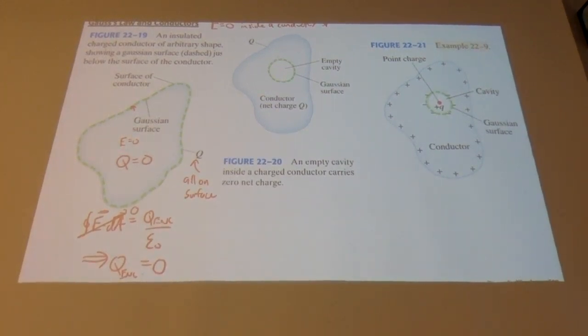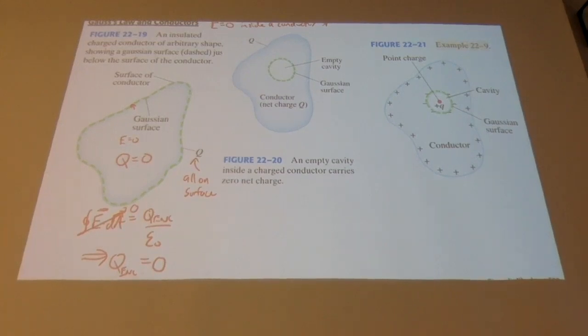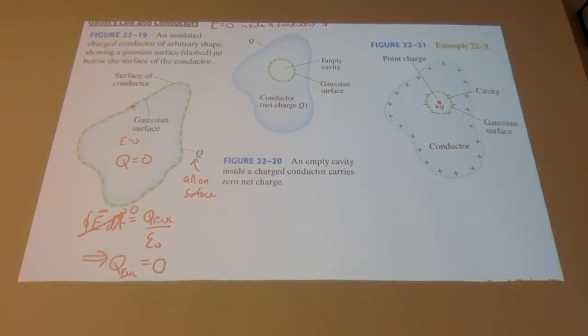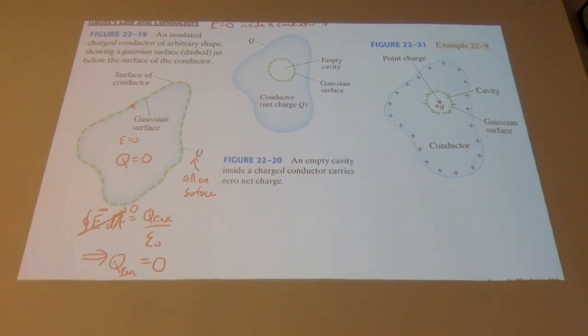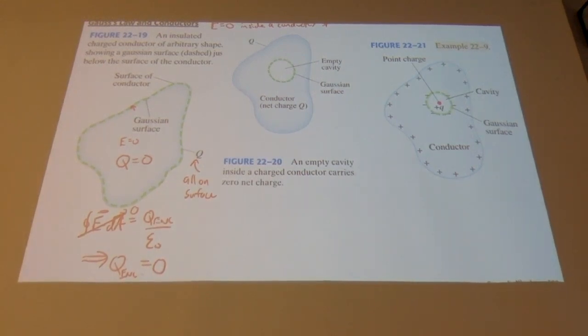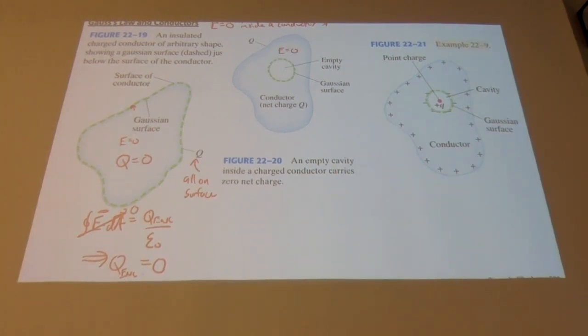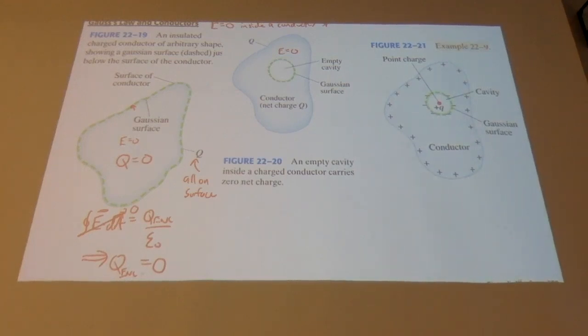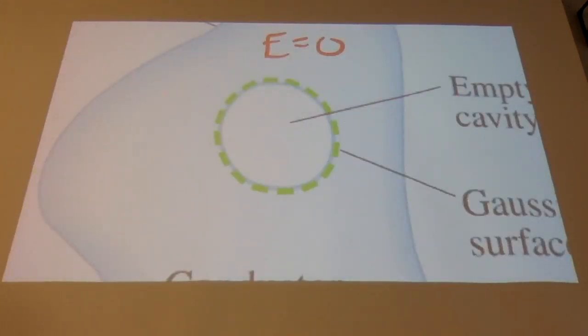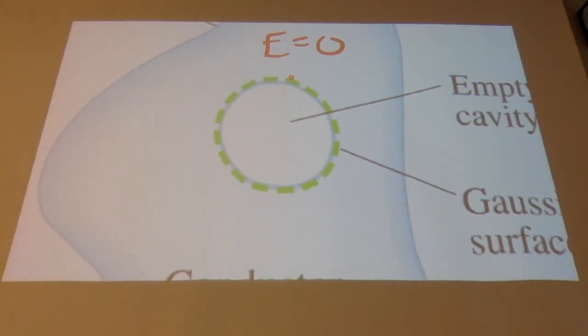We think it's all on the outside, but you might be like, hey, there's a surface inside that hole. Maybe it goes to all the surfaces on the conductor, including the little interior surface inside that hole. Well, keep in mind, once again, we know that the electric field has to be 0 inside the conductor, which means if you draw a Gaussian surface the way they did, and there's not a good way for me to point to this, a Gaussian surface here that is inside the conductor, you can see that those little green dashes are actually in the conductor itself. Well, I know that electric field can't be passing through that Gaussian surface. It has no option,